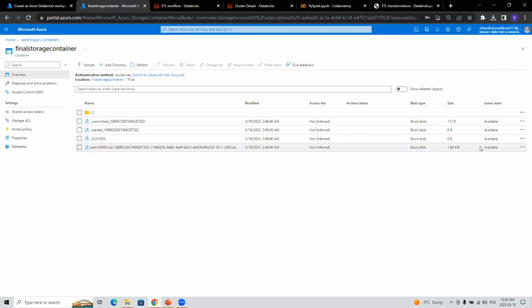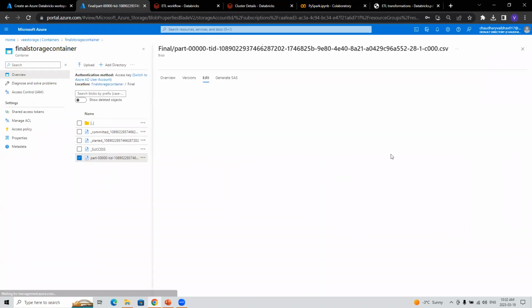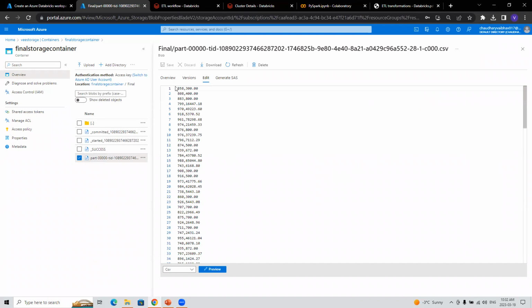I'll show you. You'll see there's nothing like a column over here. Basically, you can include a column here when you're doing transformation, but just for simplicity, I've just used this.